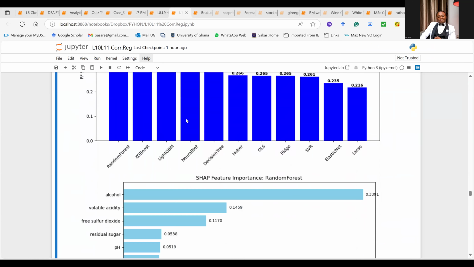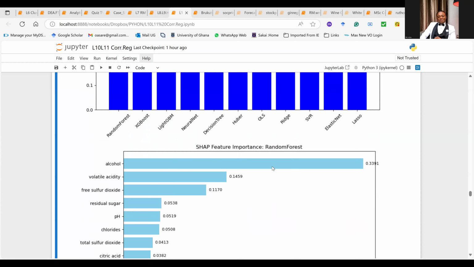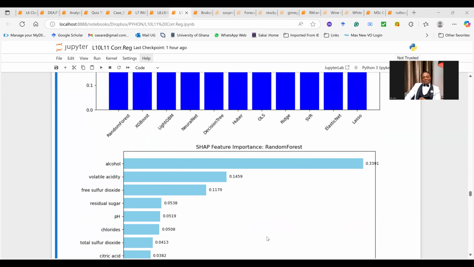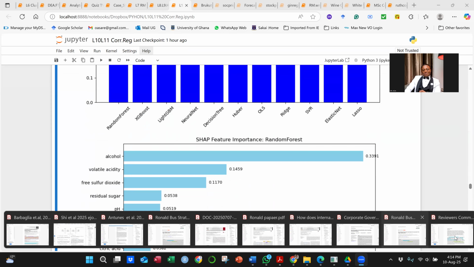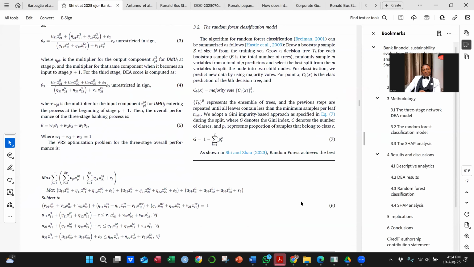The next thing is using the Shapley additive explanations. Remember, this is beautiful work, and top journals, as I'll show you very soon, have begun using this. It's so unique that I recently even got to learn about it, to be honest with you. For example, the paper that I posted to you in the group page.